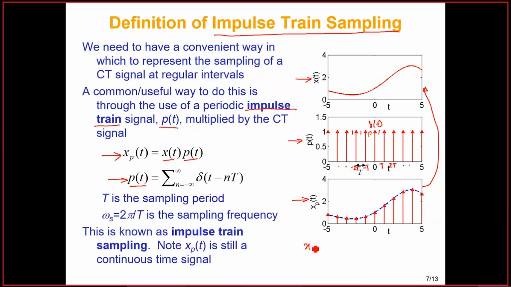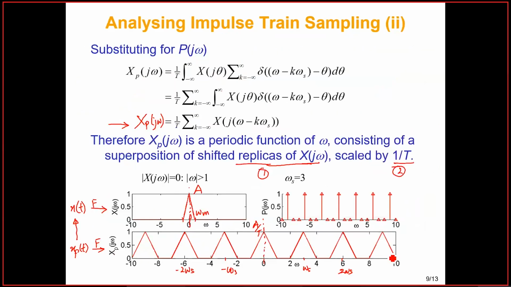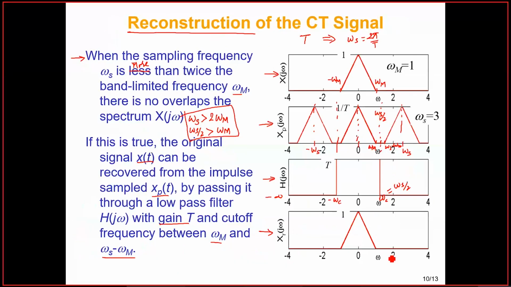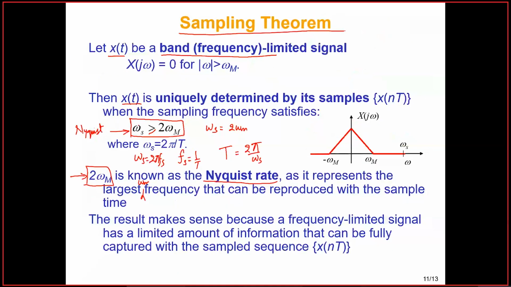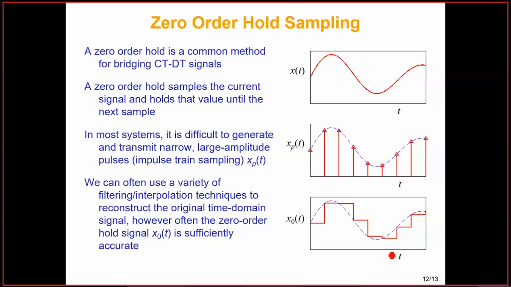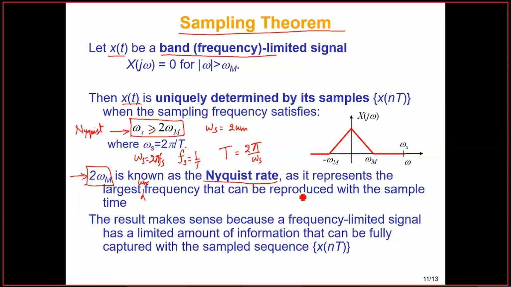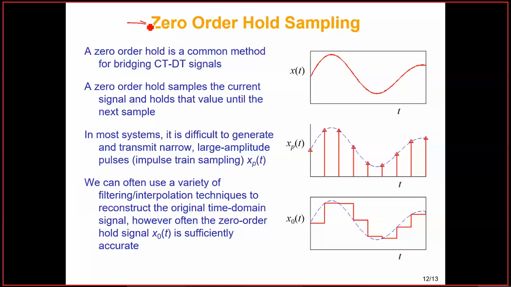So our interest is basically to come up with these values so that we can somehow store that and keep a record of that. Now, how do we somehow get these values? Because your impulse terrain was more of a theoretical thing. So in the real world, the ICs that you use, which convert from analog to digital, do what is known as zero order hold sampling. In zero order hold sampling, instead of going for this impulse sampled signal and somehow trying to retain or record this value,